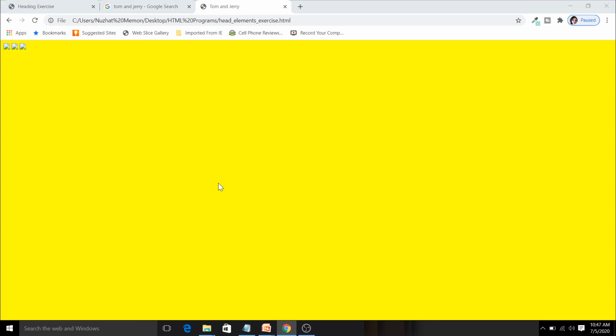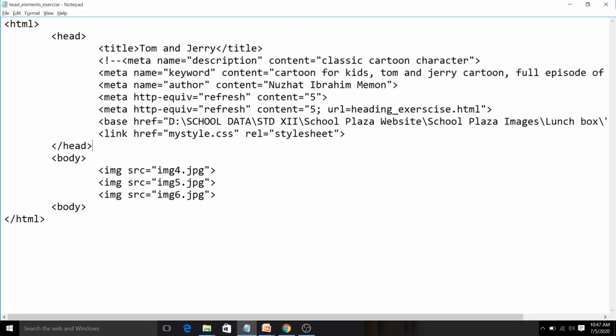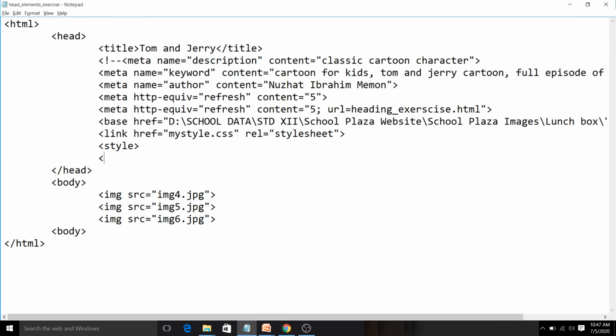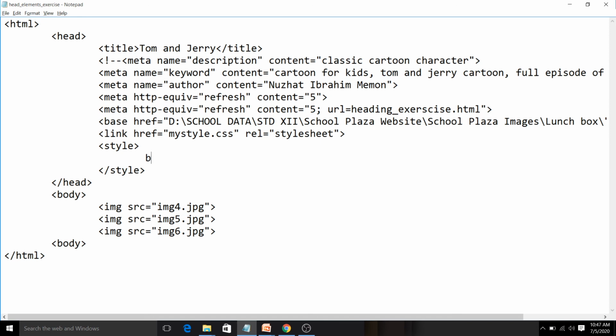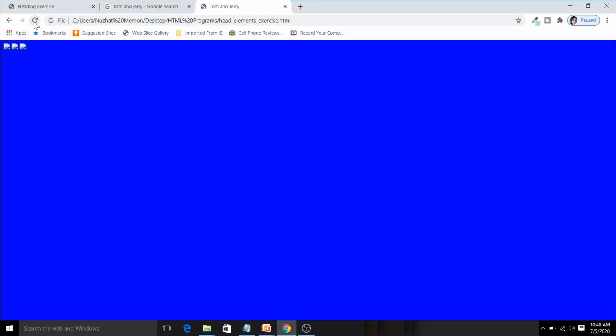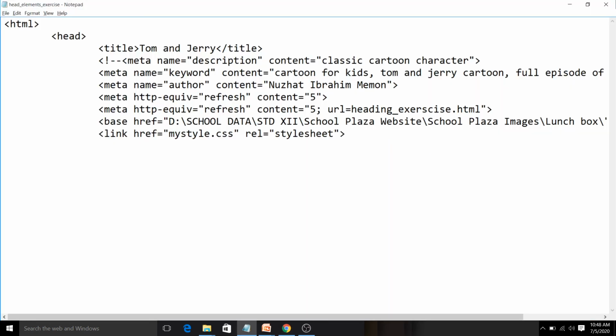Even we can write our own in the style tag. How to write that? We will see the style tag too. Here I will write the opening style tag and closing style tag, and here I will change the background color. You don't have to look at the coding of how I am writing it; I am just showing it practically to make it clear. You have to do theory only. Blue. This thing we will study in more detail in 12th standard. Here I am done with the style tag.